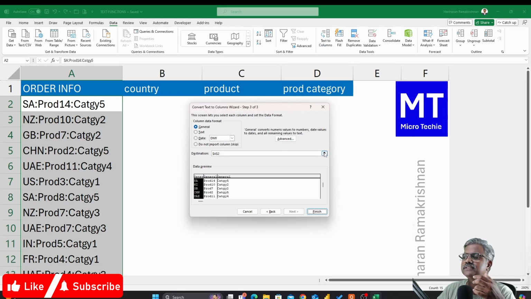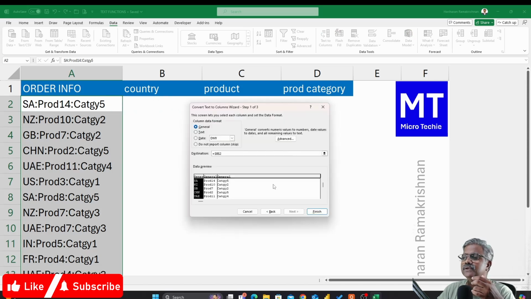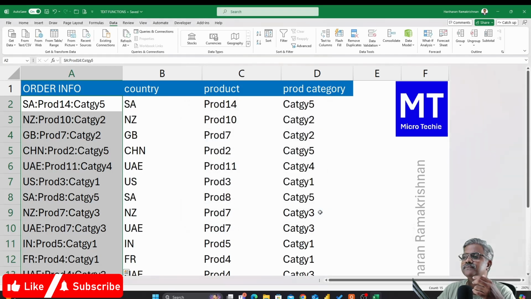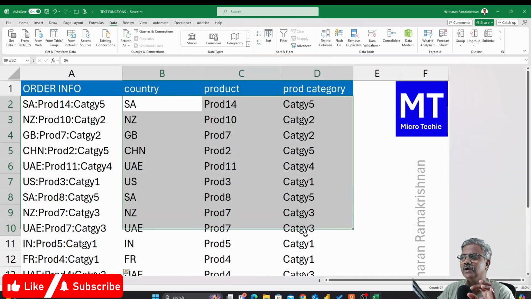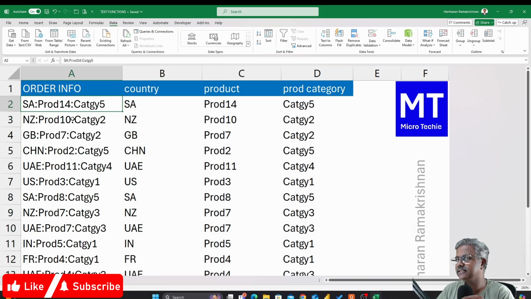Why don't you present it from the cell B2 instead of A2? So when I click finish, now you can see it has populated from the B2 cell and we got the required information. I will not say this is a better method when you have a situation like these values